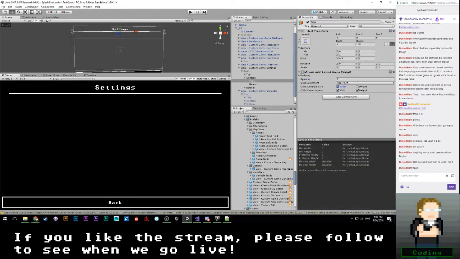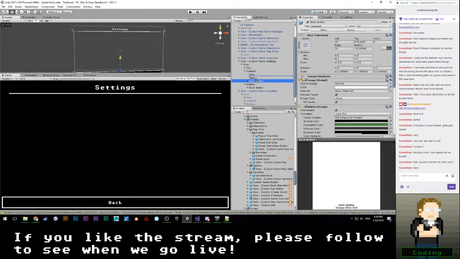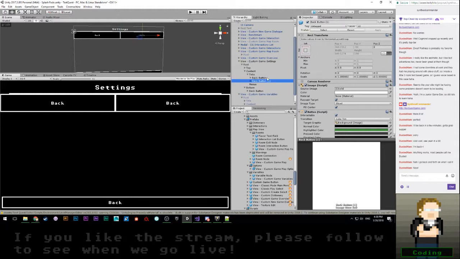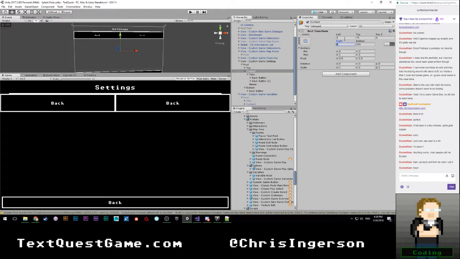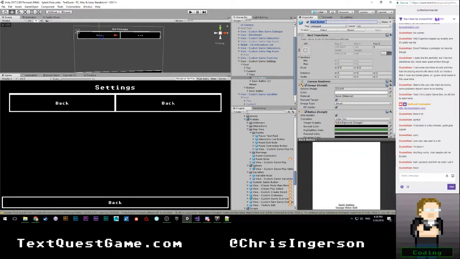And for now, we're just going to kind of do that. I'm going to steal my button here, paste that in here. Okay. Then we have another button. All right. Let's see. Content, actually, we're going to go ahead and have this be 50 from the left and 50 from the right so that these line up. And finally, we're going to rename these from back button to constant. You know what? It should be info first, shouldn't it? So info button and then constants button. Let's go ahead and rename these.